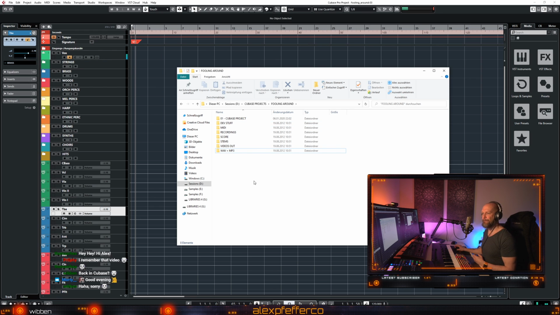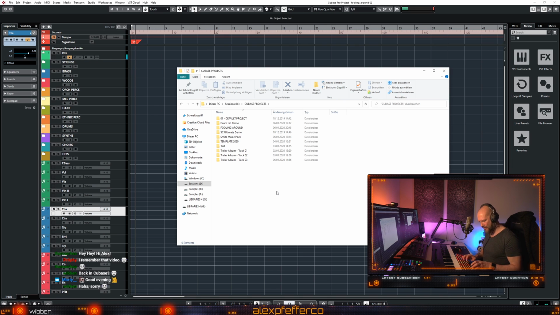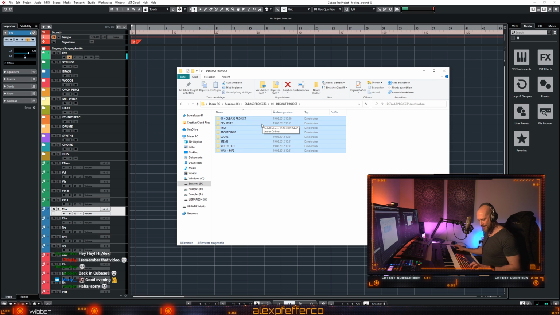So if I create a new, let's just simply create a new thing. I'm hitting Control-Shift-N, which is for a new folder, and I just say new track. I'm just doing it like this. So this is obviously empty. Then I go to my Cubase default folder here and just copy that stuff,